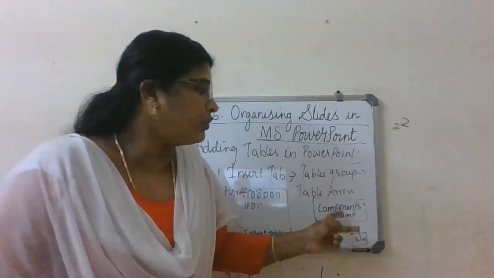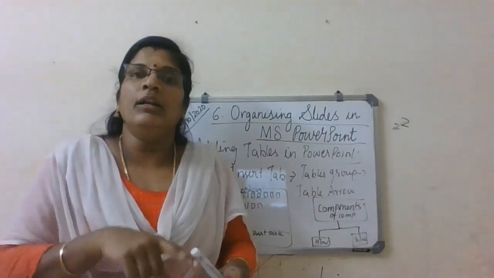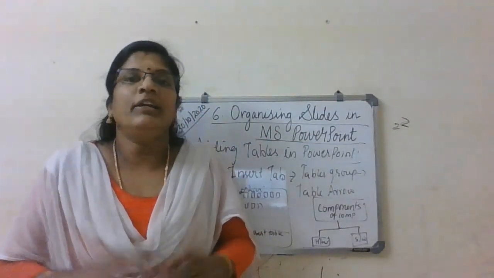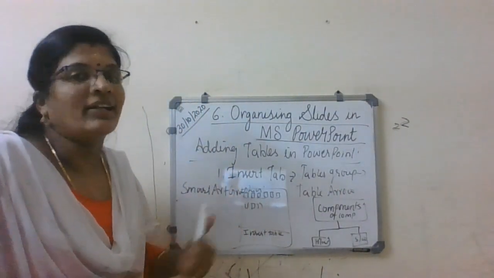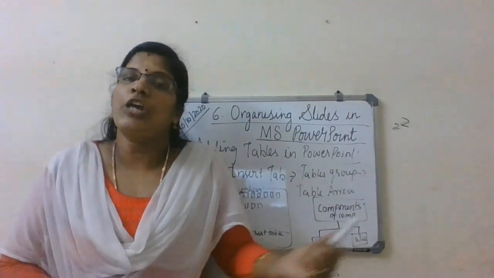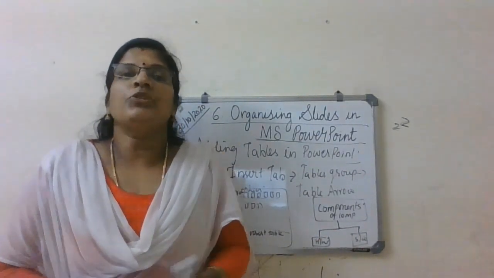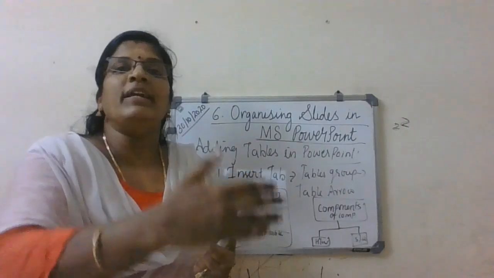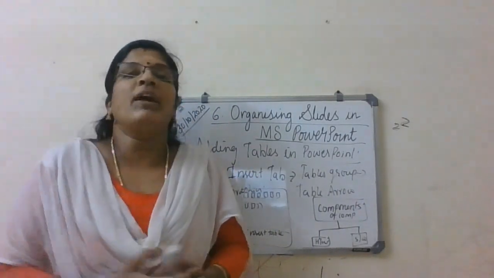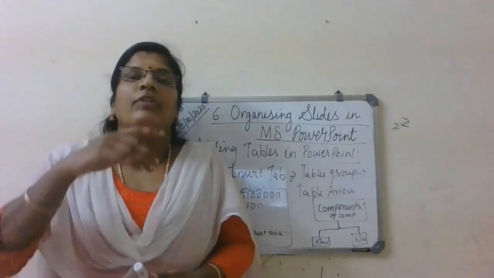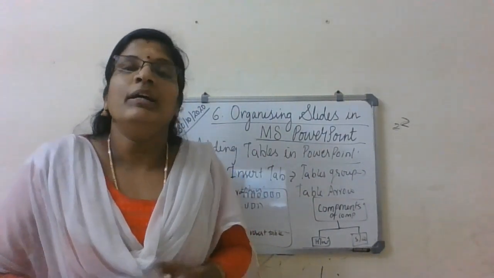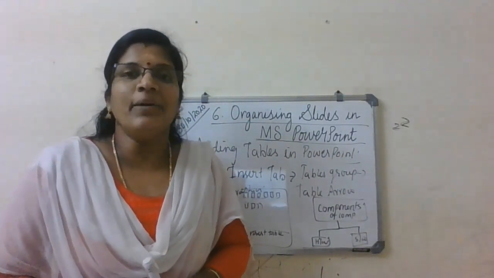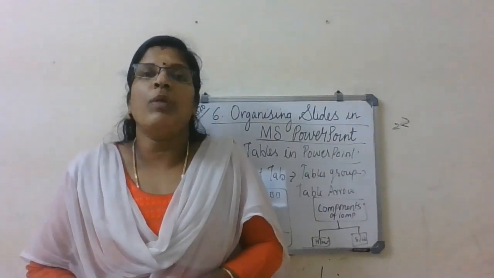There are different layouts, not only this type of square, okay, circle, triangle, branches, so many are there, process, everything is there. Different types of layouts are there in smart art graphics. You can choose what you need. The shapes also you can change. Okay. So today we are going to study how to add smart art graphics. That is also same: insert tab, illustration group, then smart art graphics icon. Then you will get a dialog box where you have to choose the layout you need. That is what we are going to study in the practical session. Clear? That's good, students. So let's move on to the practical session.